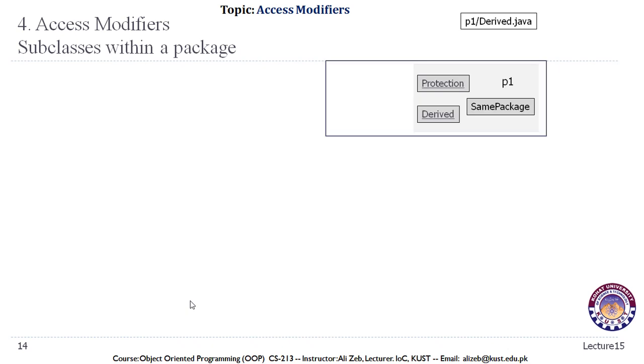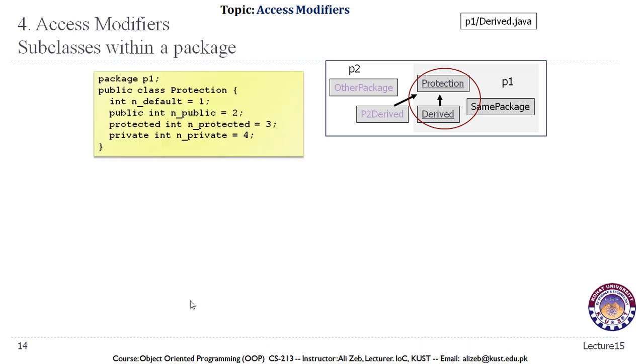Now, a subclass within a package. For example, we have the class Derived.java. We have the Protection class, and the Protection class has a subclass Derived, and they are in the same package p1. There is another class derived from the Protection class that is in a separate package p2, that is the other package. So the package p1 has public class Protection,